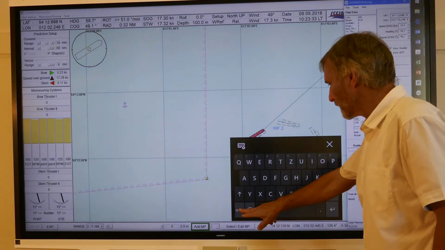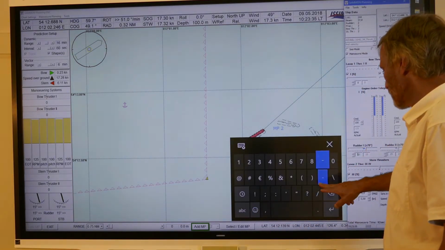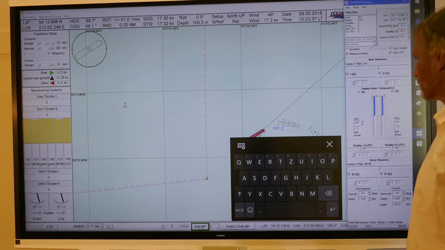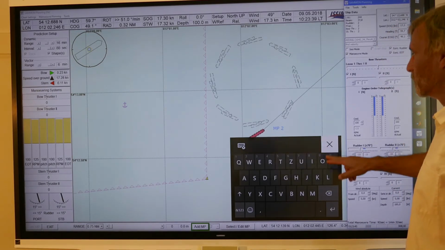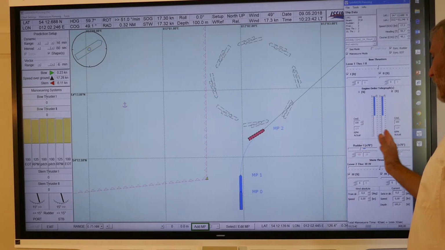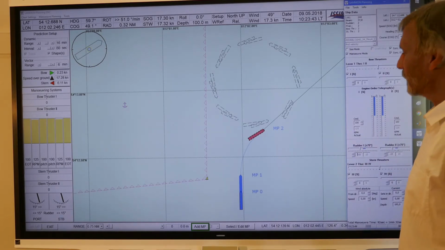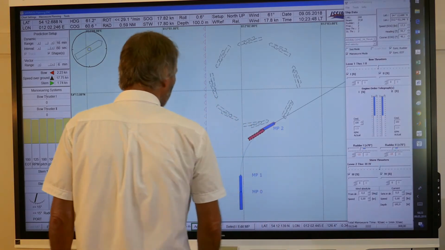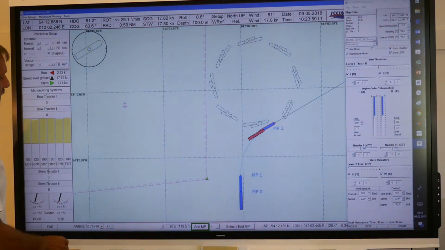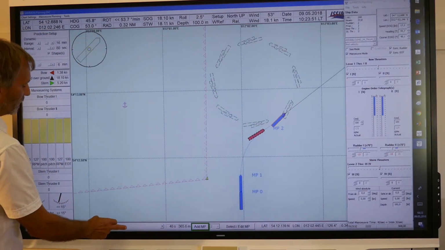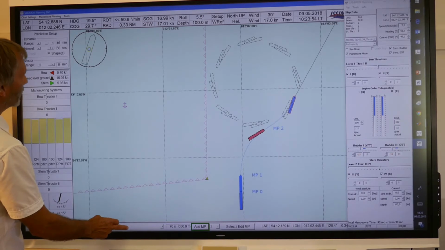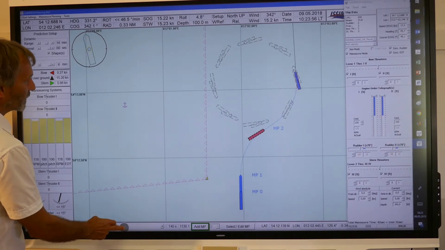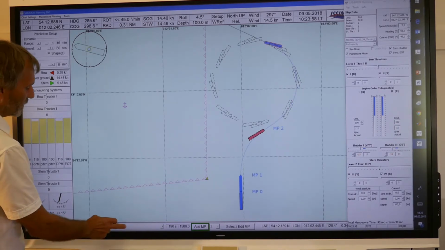This is the fastest method to reverse the rudder. And then we go with the ship, so the turning speed will go down, and we go to the other side, like this,